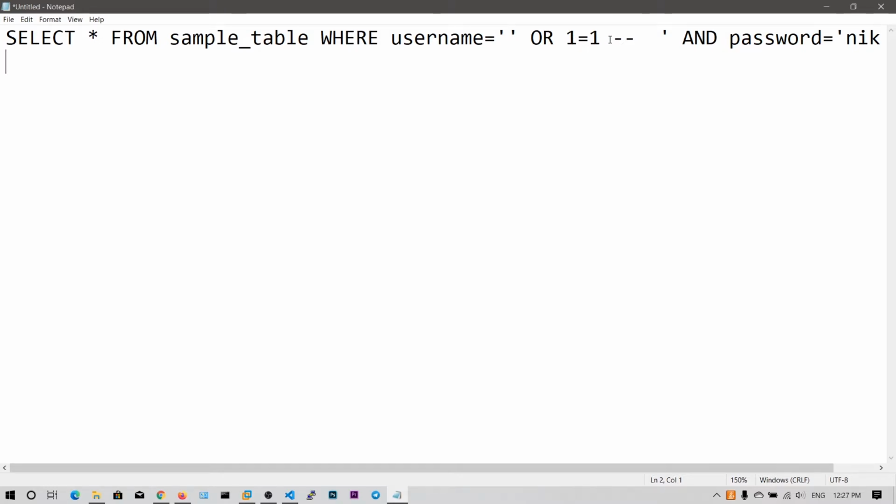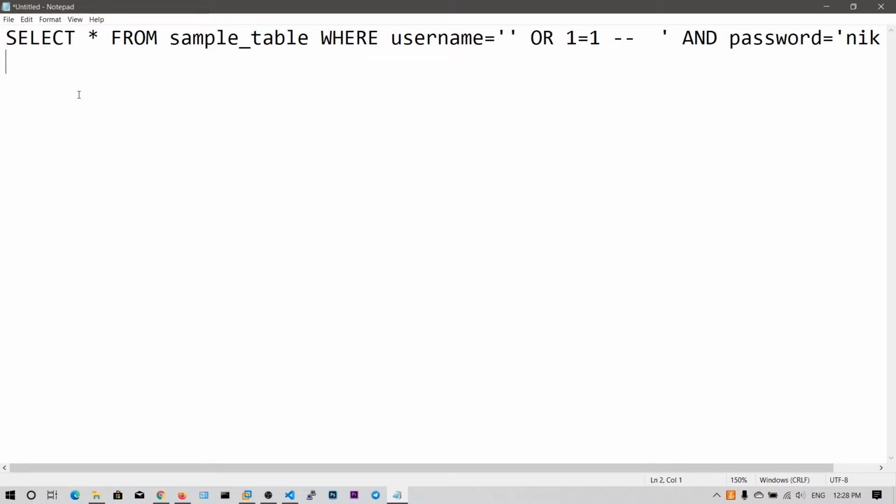Because 1 is equal to 1, right? And on seeing this comment, the right side part of this comment will be ignored because it's a comment, so you don't need to care about this. And what this returns is a true statement. So if you are not taking these values into the username or any variable, and you are directly testing this authentication with the query, then it will automatically allow our login.